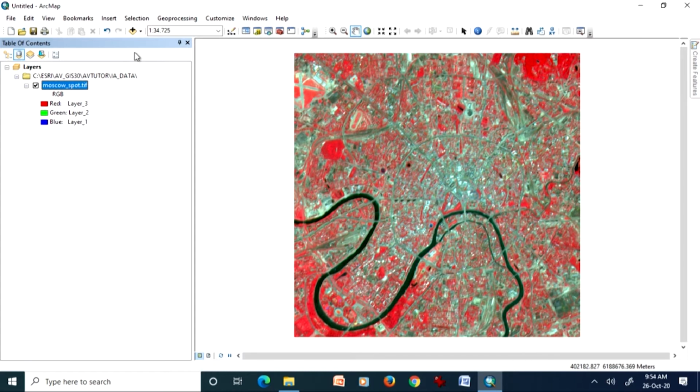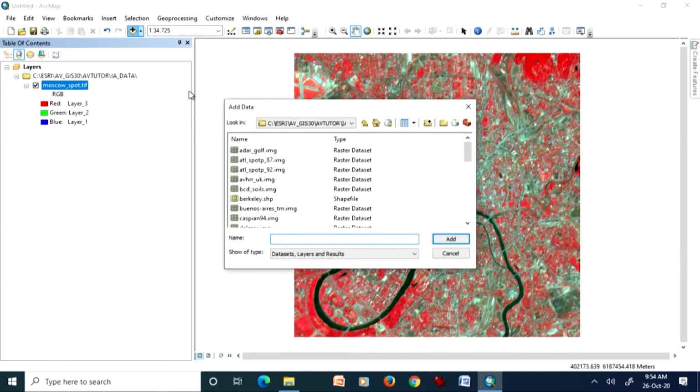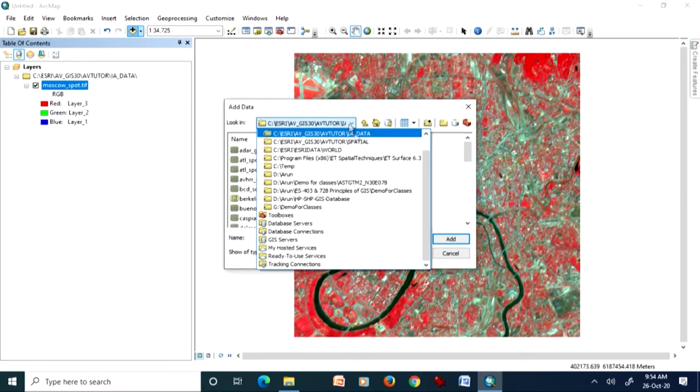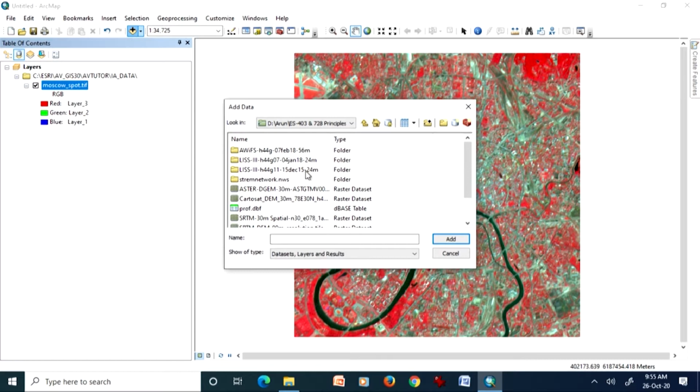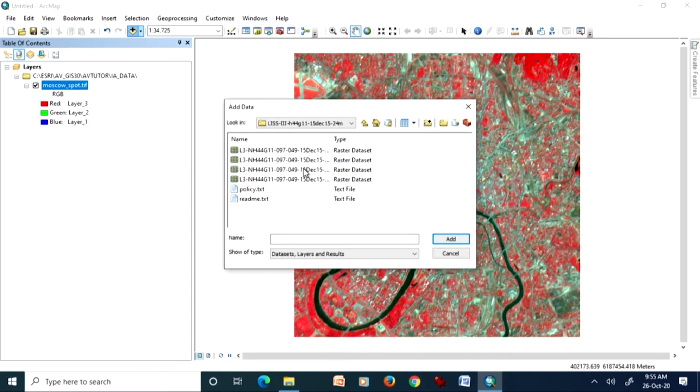This was a ready-made false color composite, but if I want to create a false color composite myself, I can take any data set. If I take this data set of list 3, as you know there are 4 bands being displayed.